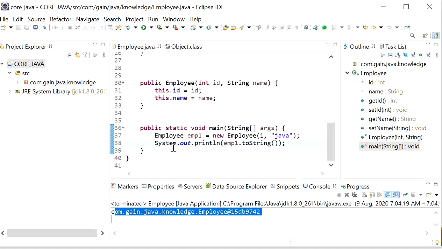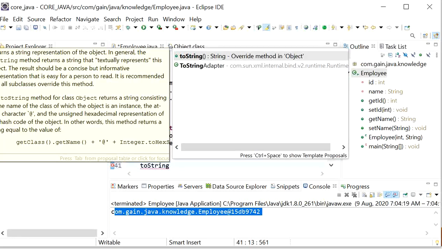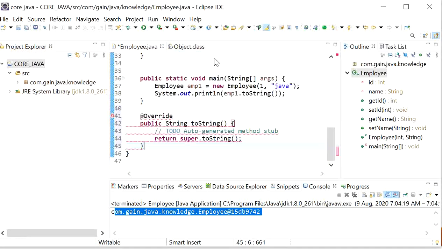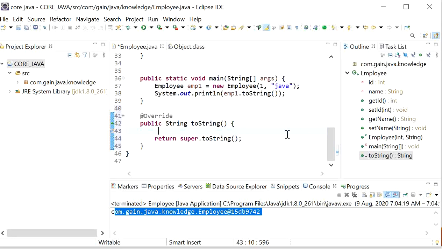Now we will override the toString method here, so we can see the output. Here we are overriding the toString method provided by Object class. So here I will return the employee ID.